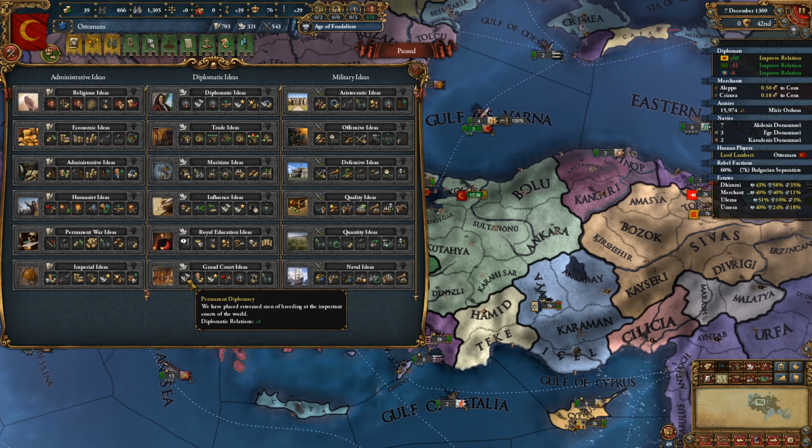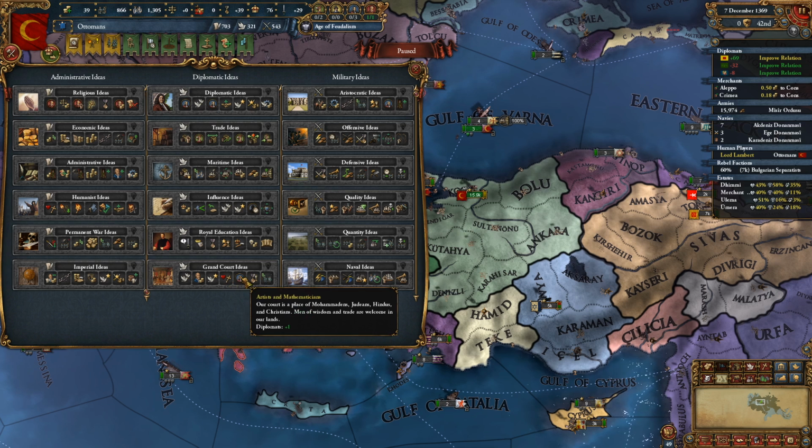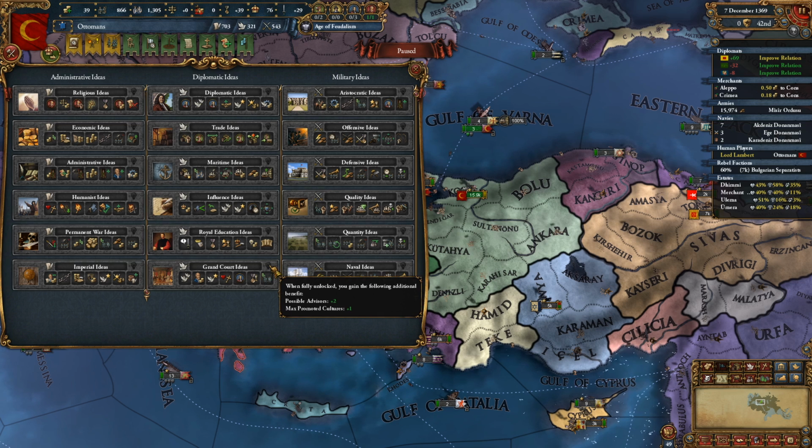And then we got grand court ideas, relations, advisor cost, diplo reputation, religious unity, diplomats, prestige decay and splendor, apprentice subjects, God save the king, more manpower, and then finally more possible advisors and promoted cultures. Really interesting things, and I will say,